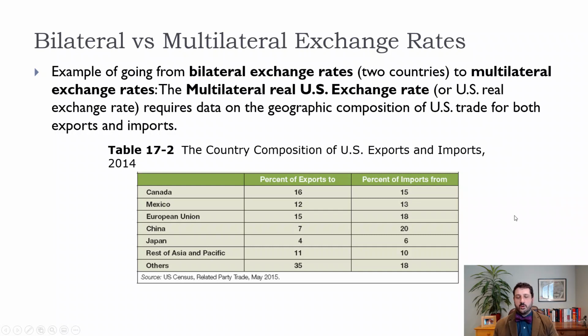All right, so from the United States point of view, it's not necessarily one exchange rate that we care about, right? We trade with countries all over the world. Our two closest geographic trade partners are Canada and Mexico. We also, of course, trade a lot with China and the European Union. And so what we really care about is the sort of multilateral exchange rate, where we take a trade-weighted exchange rate,